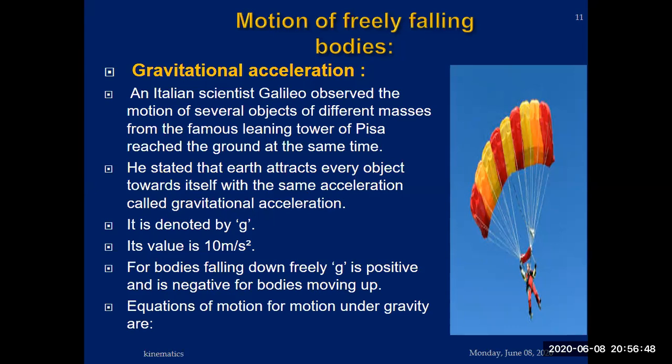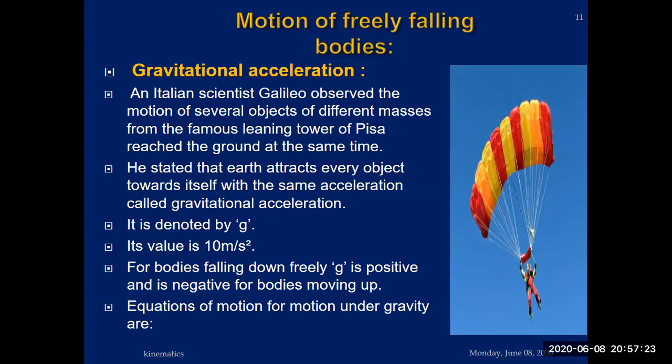But when you throw any object in the upward direction, you are throwing it with maximum velocity from the bottom. That is your initial velocity Vi. When it reaches the maximum height, its velocity is zero. It reaches the maximum height and stops for a fraction of a second. So velocity Vf is zero. When you are calculating acceleration, it is Vf minus Vi, meaning zero minus a maximum value, so it will be negative. This shows that when bodies are moving in the upward direction, the acceleration is negative. When bodies are moving in the downward direction, the acceleration is positive.